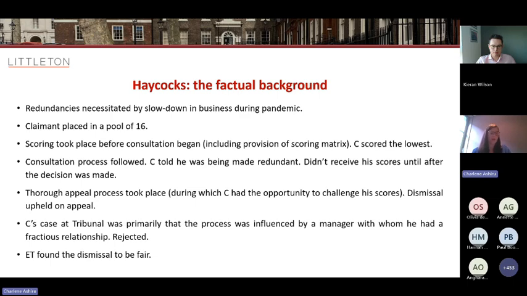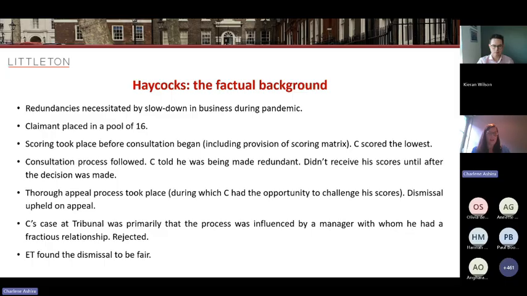There's also another case called Teixeira, and there's also a decision in relation to the pool. In that case, no process was followed at all. So essentially, it was a decision based on Polkey, but the EAT found that it was possible that consultation might have led to a change of the pool or the outcome, and therefore a 100% Polkey reduction was not appropriate. And the EAT found at paragraph 21, there is a similar risk where a pool of one is